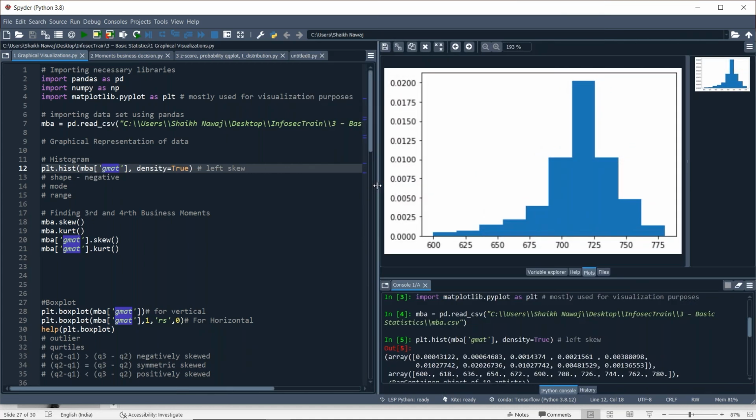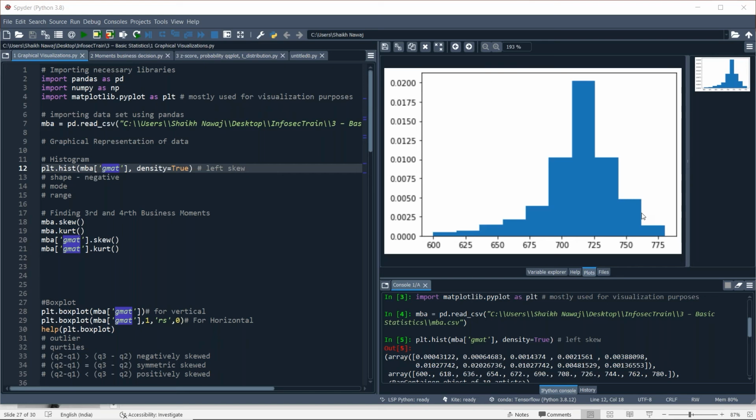Now, could anyone please tell me the shape of this histogram? It is a negatively skewed distribution. From a histogram, you can identify the shape of the distribution.